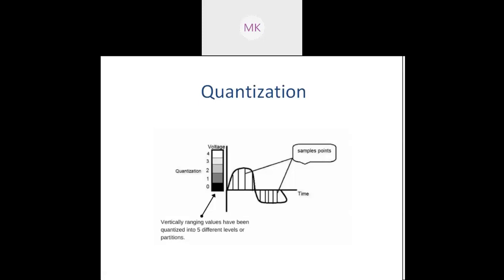Sampling and quantization are very important when we consider image processing techniques. Sampling is dividing the x-axis, and y remains as it is. Y is nothing but the continuous amplitude values. We need to assign discrete values to the x-axis. Whereas in case of quantization, we need to assign discrete values to the y-axis, whereas x remains as it is. X is a continuous time signal variable. So x, which is the continuous time signal, remains as it is, and y should be divided into different quantas or different parts.